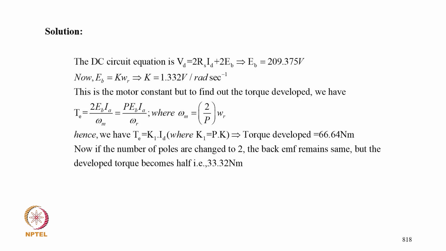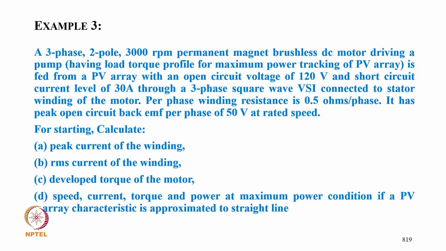Torque developed 6.4, the number of poles 2, and back EMF remains the same, as the torque is 3.32. So example 3: a 3-phase 2-pole 3000 rpm brushless DC motor driving a pump having a load torque